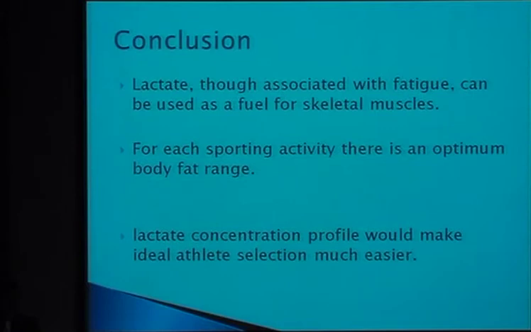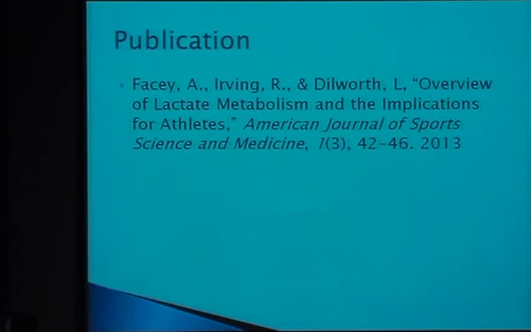So for each sporting activity, there's an optimum body fat range and an optimum basal lactate range, which must be considered when selecting athletes. Now, the lactate concentration profile, as well as the body fat profile, would make athlete selection much easier. And this athlete selection that we make reference to is across different sporting areas and within the same sporting areas as well. For example, you know that Usain Bolt originally was a 400-meter runner. Then he came down to the 200 and 100-meter events as well,